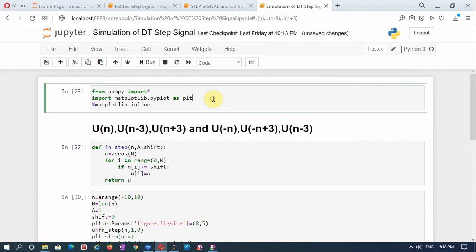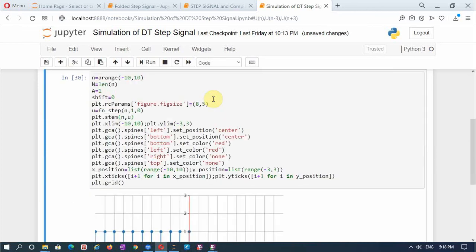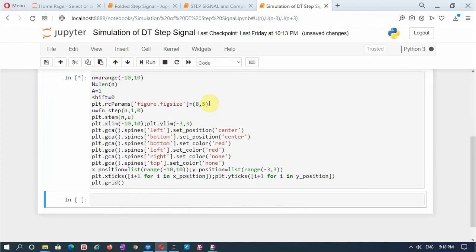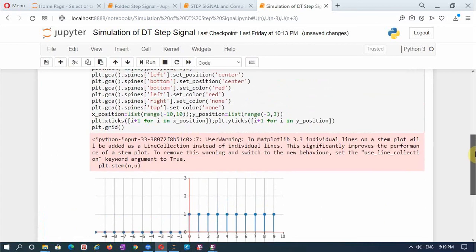So let me run each of these cells now. Shift enter, shift enter. So now you see this is a unit step signal. In addition to this, we have got an error warning message here. This is with respect to the improved versions of Python, where it is asking to set the use line collection keyword argument to true, so that we will not get this warning message.